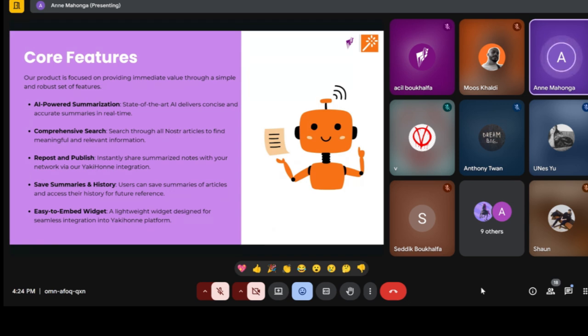There's also the easy to embed widget. It's a lightweight widget designed for seamless integration into the YakiHonne platform. And just to add our tech stack, we used Next.js and the YakiHonne Smart Widget Handler in the SDK part. So next,